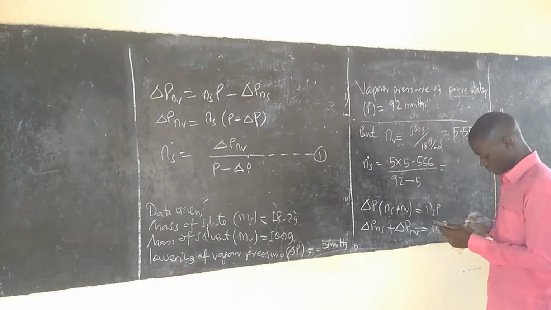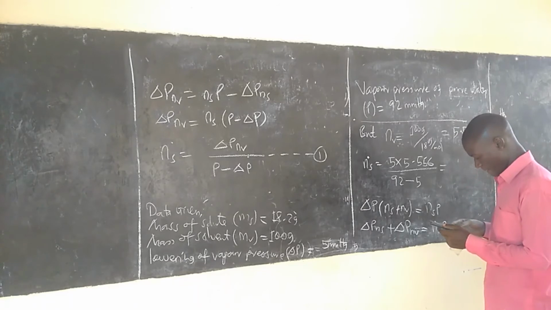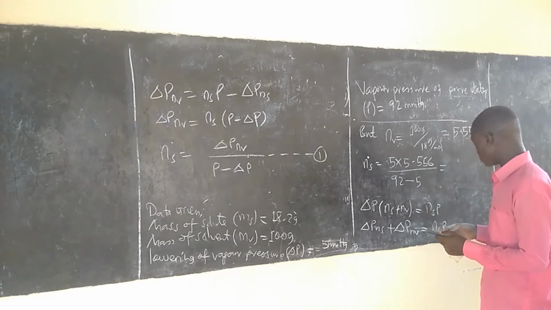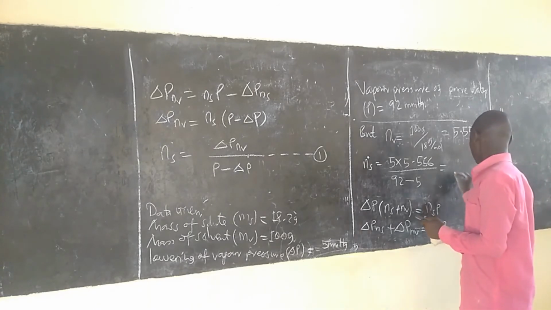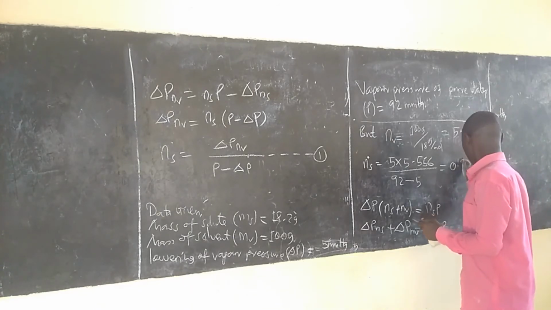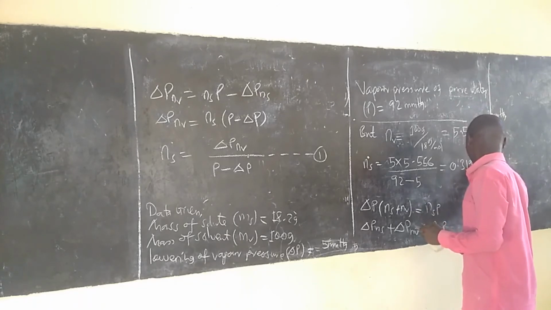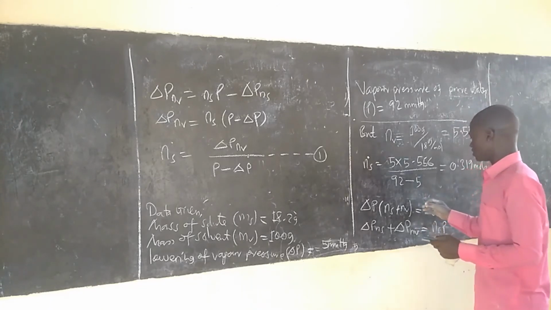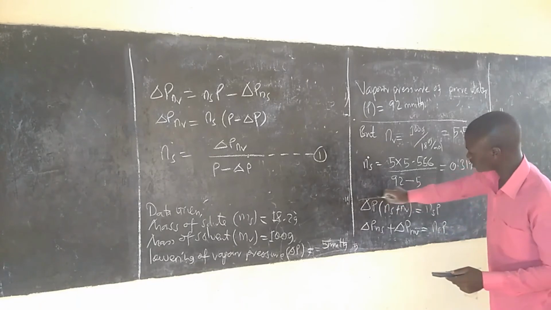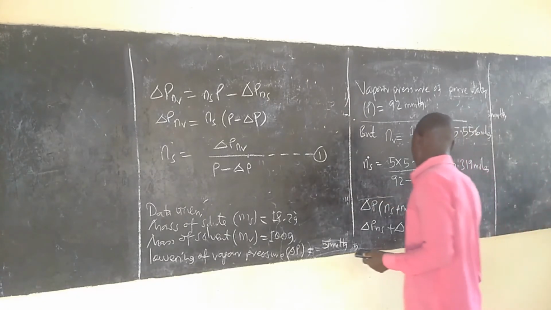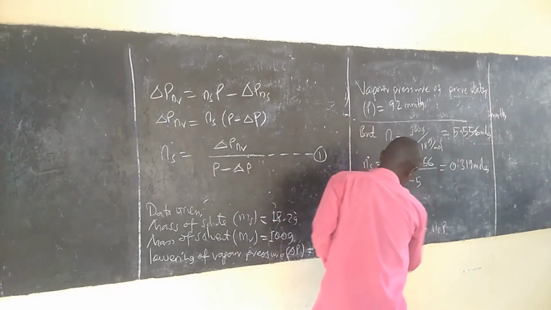5 times 5.556 divided by 92 minus 5. That means tutakuja kupata it is 0.319 moles. 0.319 moles. From there, as we know,